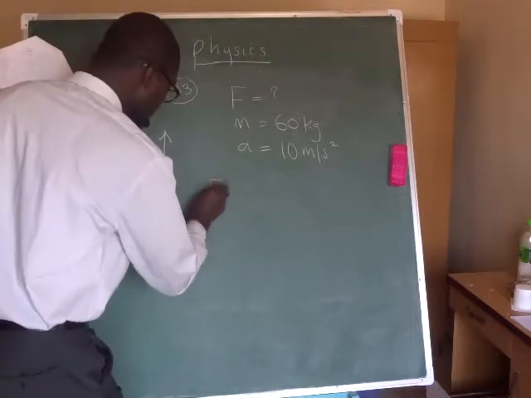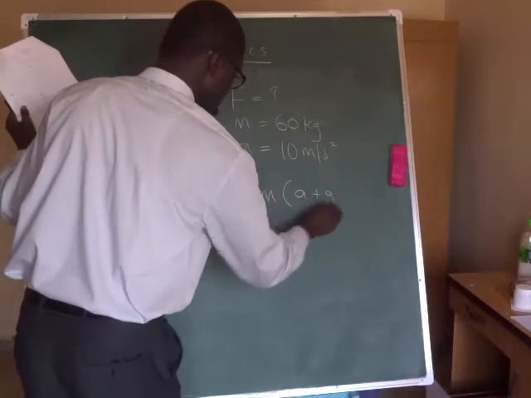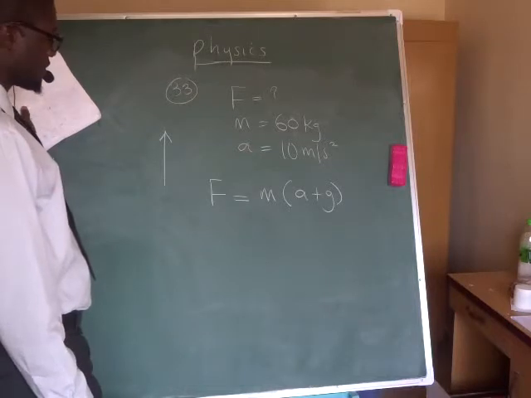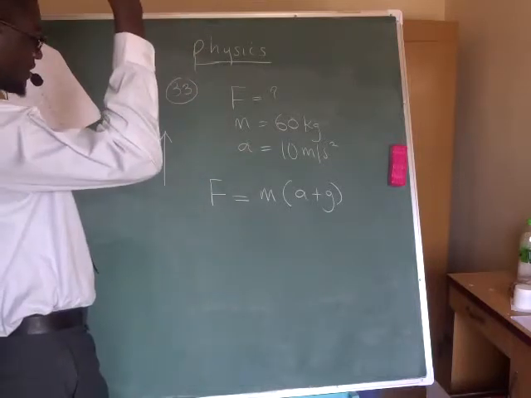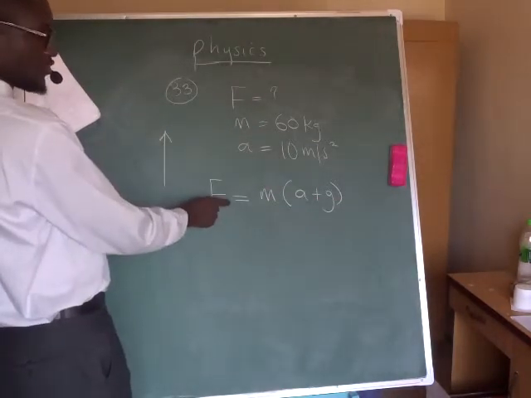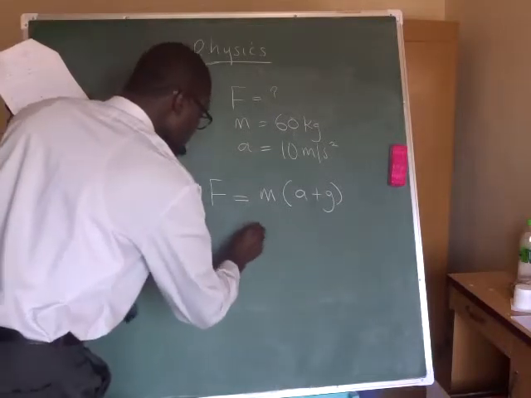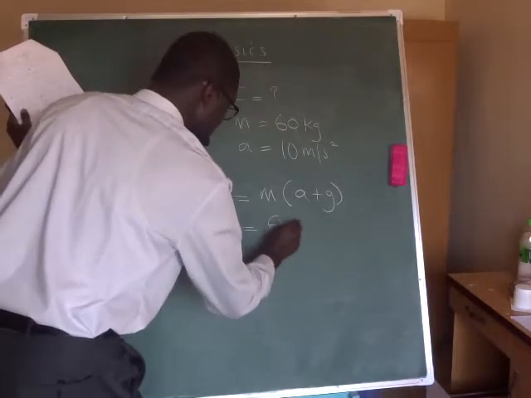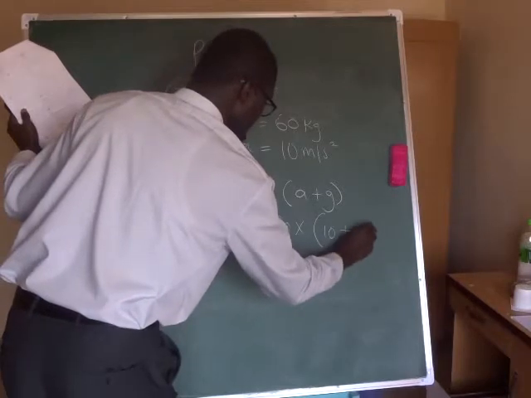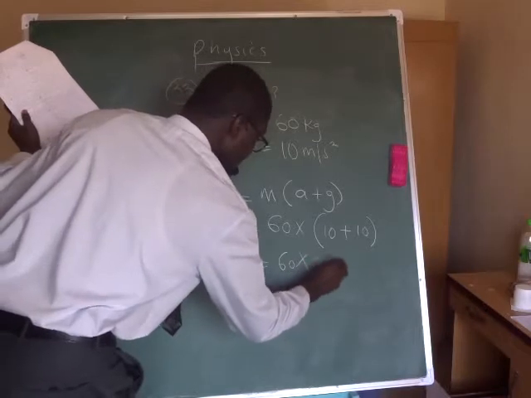So our formula will be force equals mass times the acceleration plus acceleration due to gravity. Yes, because it is moving away from the gravity, it is moving up, so we have to add the acceleration due to gravity. Meaning the force will be higher when it is going up. So our force will be equal to the mass, 60, multiplied by our acceleration, 10, plus the acceleration due to gravity, which is also 10. So I have 60 multiplied by 20, which is